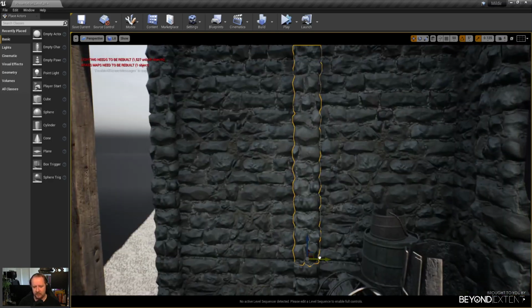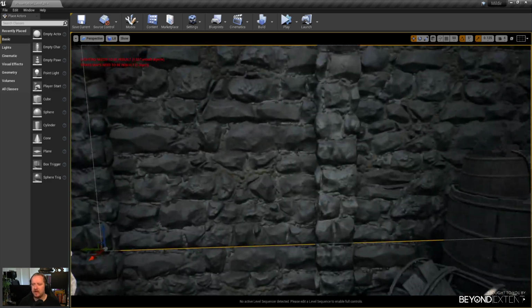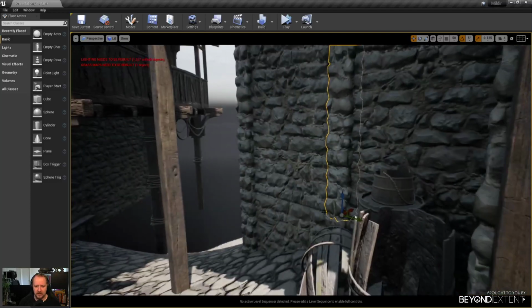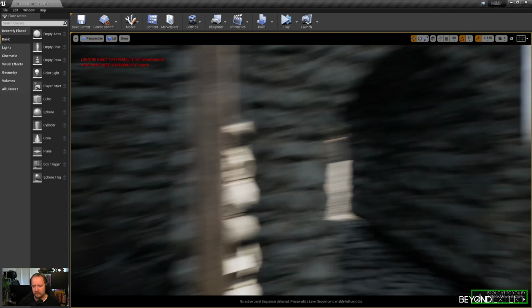These pillars, for example, are all raw geometry, because that's a use case that parallax occlusion can't really deal with. Parallax occlusion works best when you can't see it at glancing angles, and usually on flatter surfaces it works really well. Because if you have rounded surfaces, you can probably see it at a glancing angle, which is going to break the illusion. So these walls have parallax occlusion mapping, and then I sort of barrier them off with these pillars.